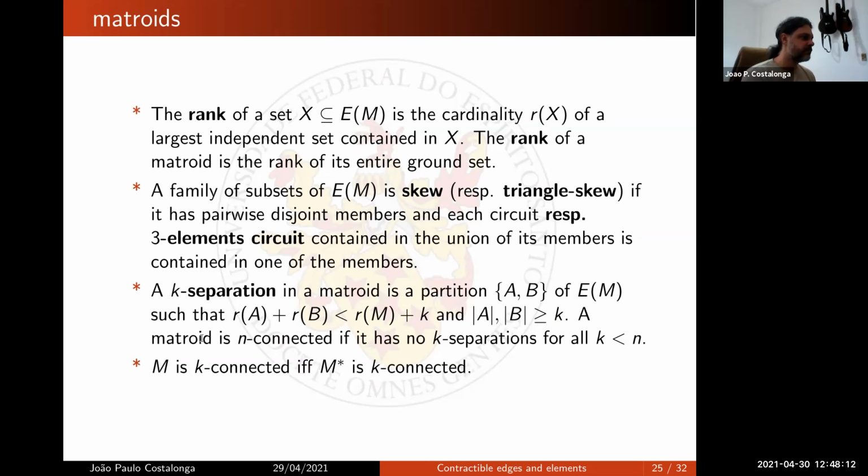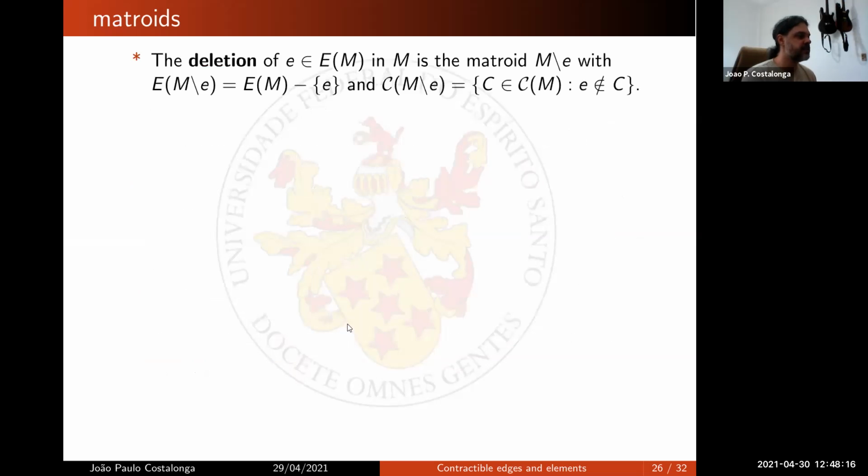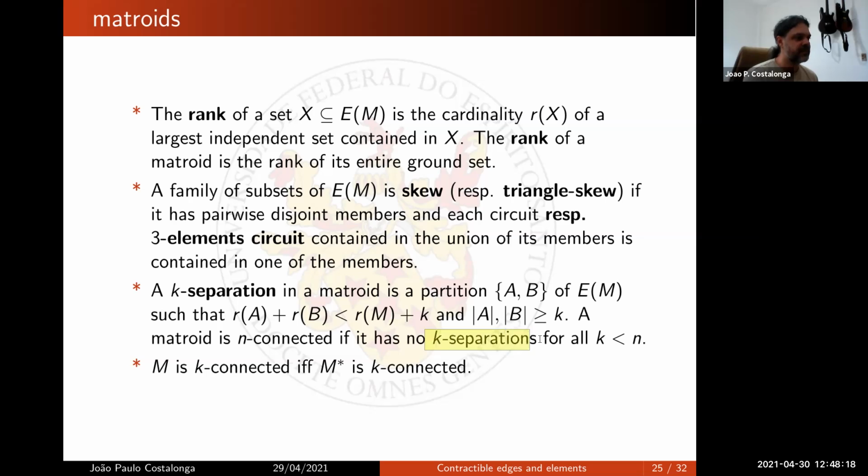So a matroid is n-connected when it has no k-separations for k smaller than n. Okay, this arithmetic criterion is like when you have a graph and a two-vertex cut, and imagine there are